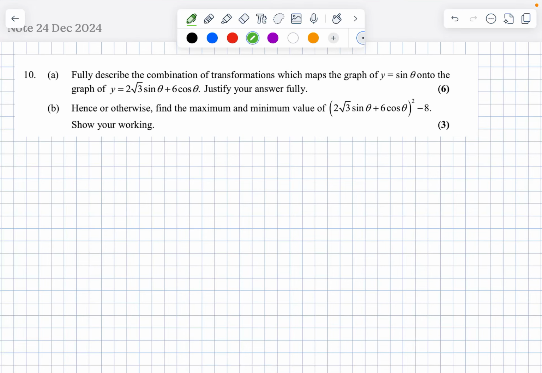Okay, so here is another one of those Trig questions. So what have we got? We're going to fully describe the combination of transformations which maps y equals sine theta onto this graph. Okay, so